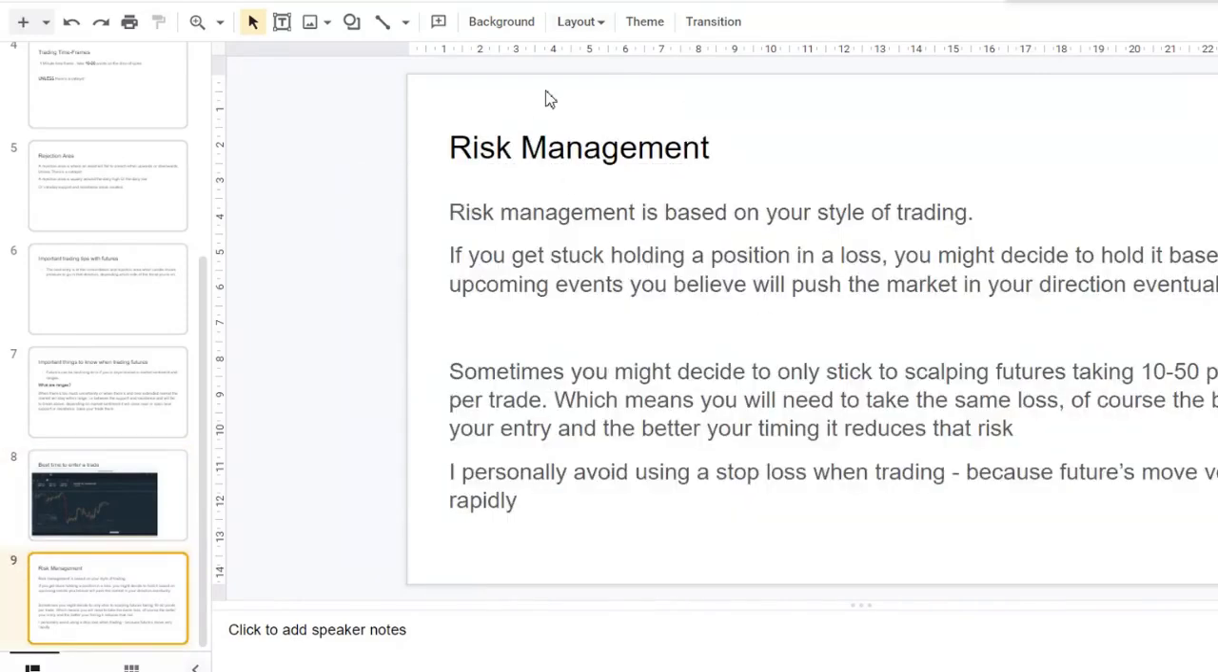So risk management is something I think you're going to have to base on your style of trading. If you get stuck holding a position in a loss, you might decide to hold it based on upcoming events you believe will push the market in your direction. So if you're in a loss today, you might hold that loss because you believe what's about to come up, and you know the date, you know the timing because you were told online, will cause the market to suffer and drop because of fear of what might come out in that news, or because you get lucky and something comes out that pushes the market in your favor. Now, of course, this is a bit of a risky strategy, works 50% of the time,